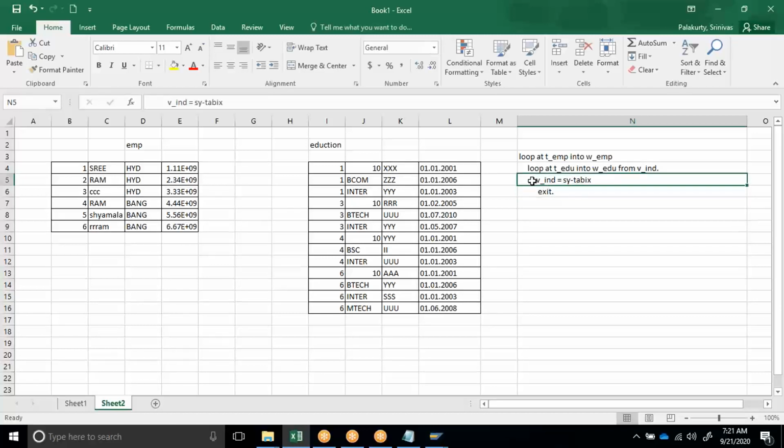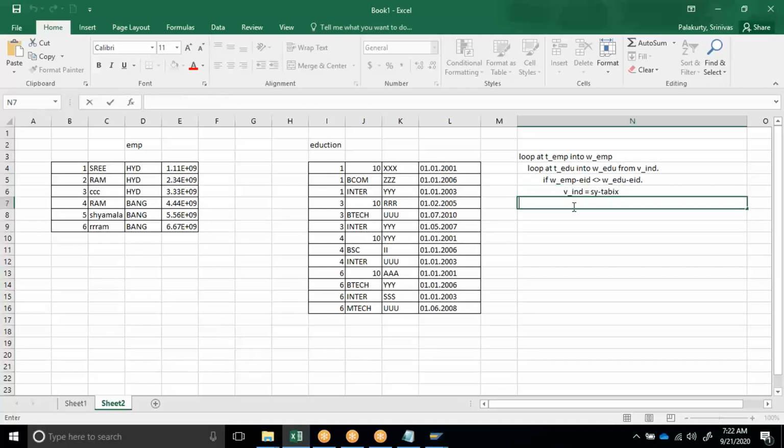Sorry, here I forgot to put a condition. If work area EMP EID is not equal to work area EDU EID, v_index equals sy-tabix, exit.